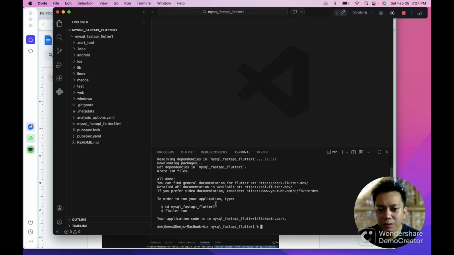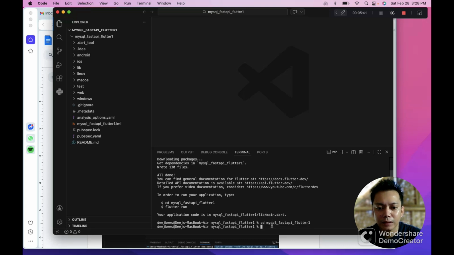The next instruction is to go inside that folder. Here, we're just going to copy it and paste it here. So we're just going to type cd mysql fast API Flutter 1.